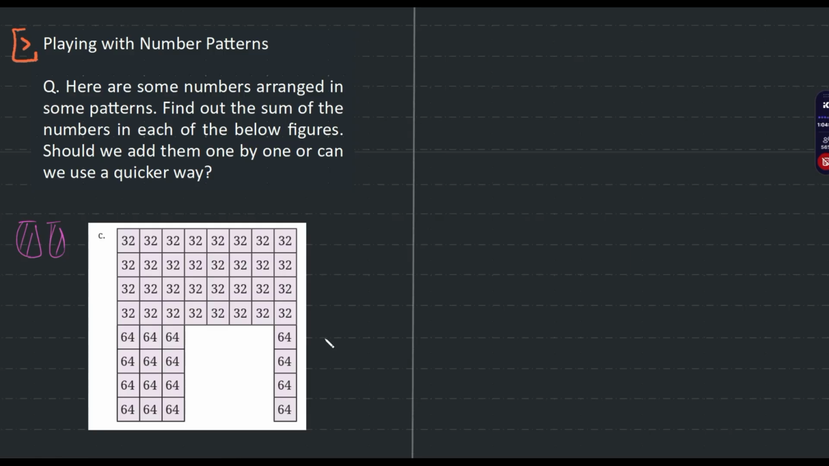Okay, so I can think of two ways, but the second way is a bit lengthy. So I'll just go with the first version I'm thinking of. I'm going to divide the 32s and 64s. I'm going to consider this as two different things. So now the number of 32s, how do we count it? The total sum is equal to,